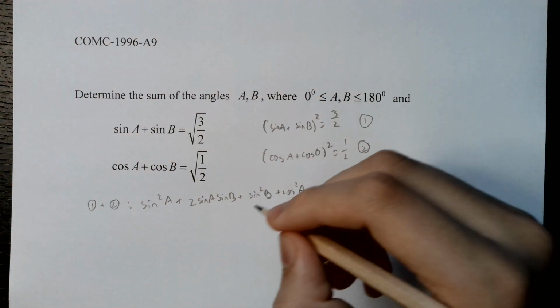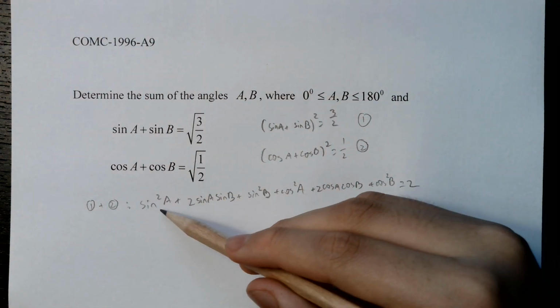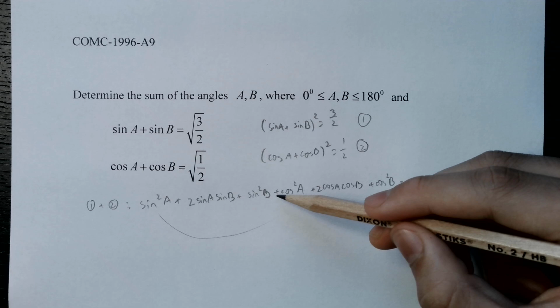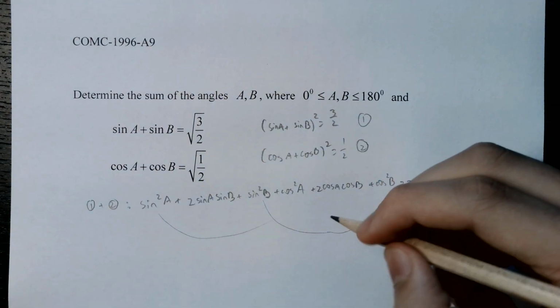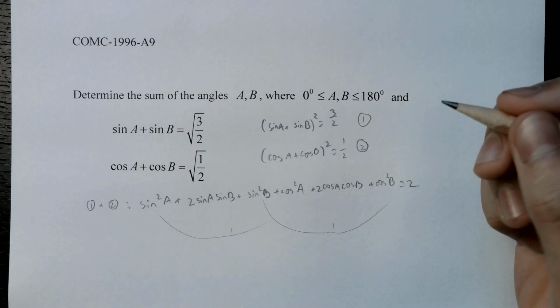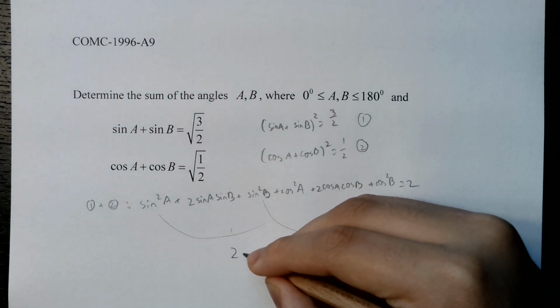Now from here you can see that sine A squared and cosine A squared, along with sine B squared and cosine B squared, when they add together they're going to be equal to 1. And so our new equation is going to be 2 plus 2